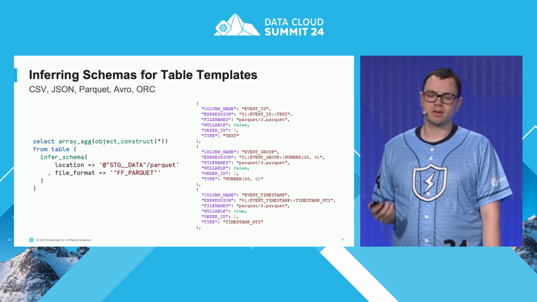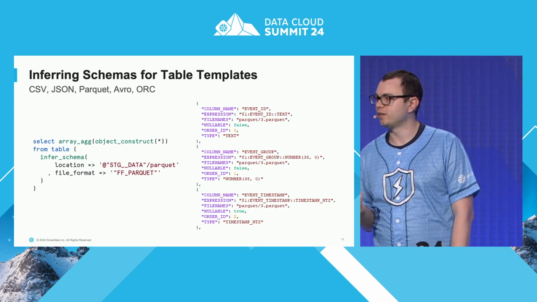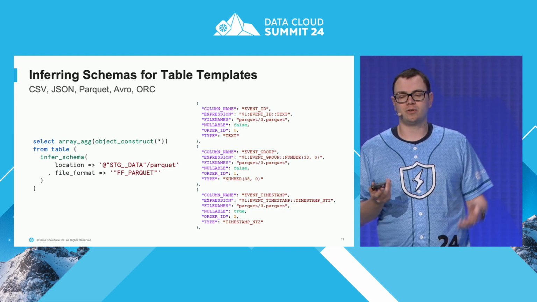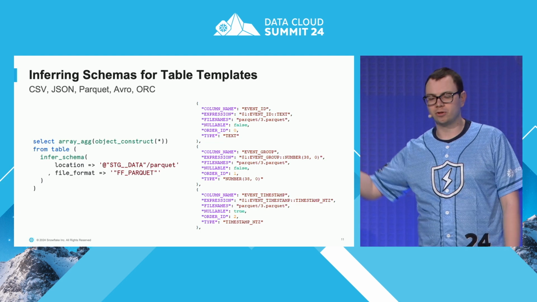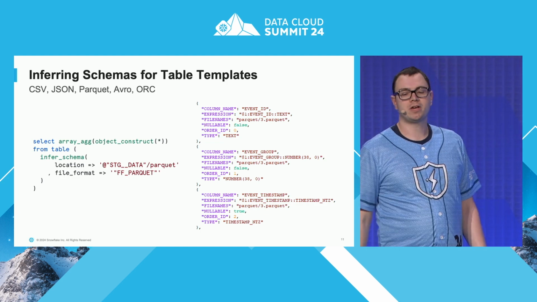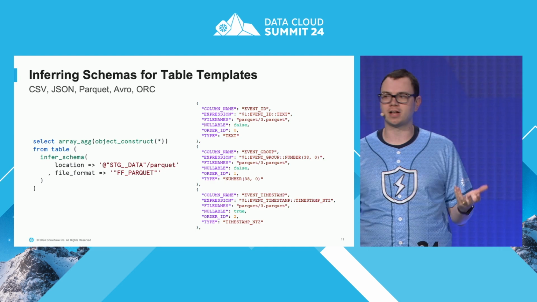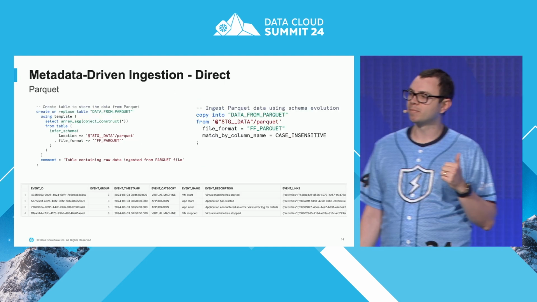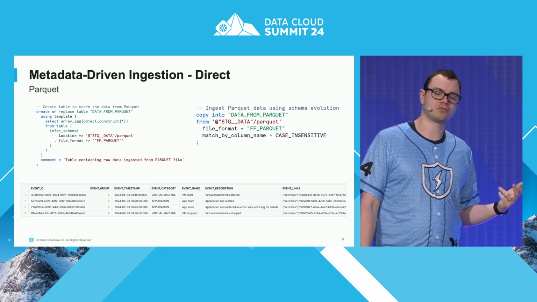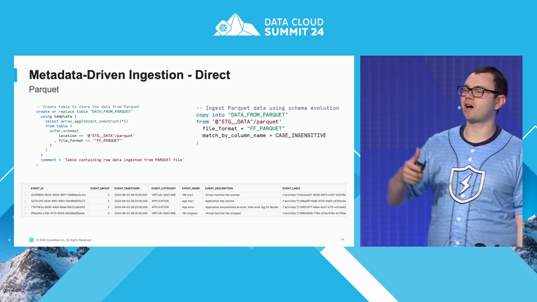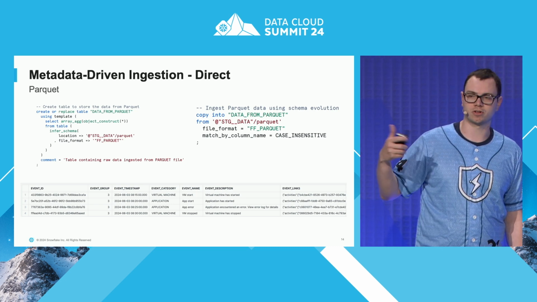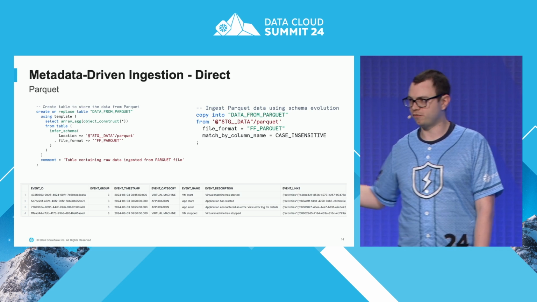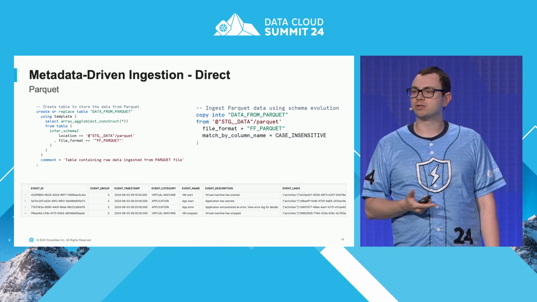So how can we use this? Firstly, we can wrap this into a list of objects, and in this list of objects, what we can do is it's the exact same thing. It's still the column name, it's still the order, it's still the data type, but we can put this as a subquery inside another statement. And that statement is this create table using template. And when we use this, what table creation does is instead of us providing the column names, the data types, the order, etc., this will automatically read the information that we've given it based on this inferring schema, and it will create the table to match.